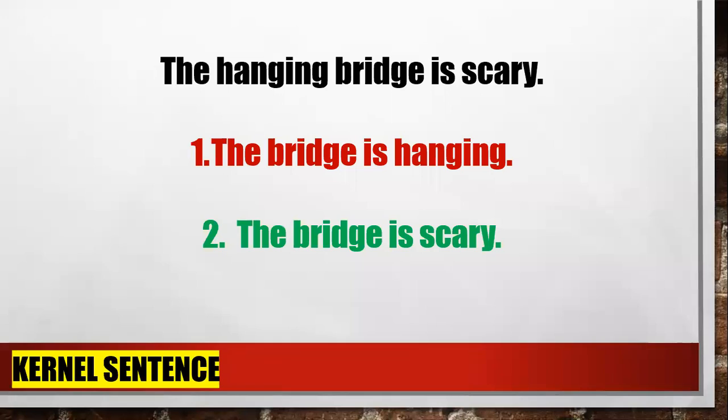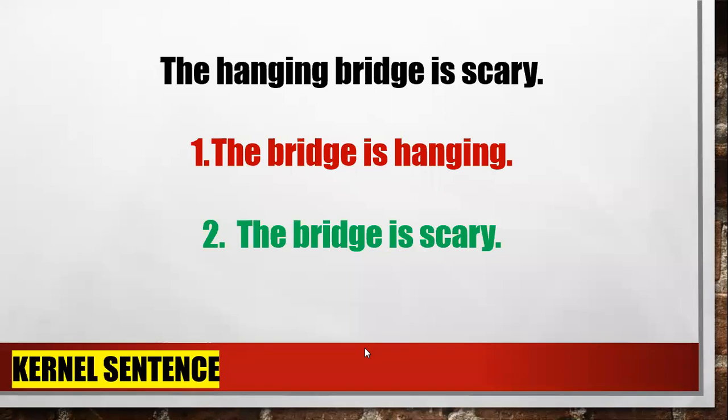In order to not write these two sentences, you use the adjective, not the gerund, in this case hanging. You use this gerund as an adjective. The hanging bridge is scary. This is a simple sentence, right? According to the structure, you have simple, compound, complex, and compound complex. So what is this? This is a simple sentence, but it's not a kernel sentence